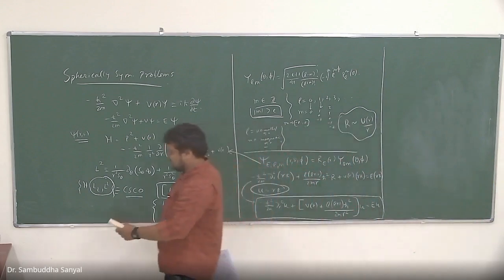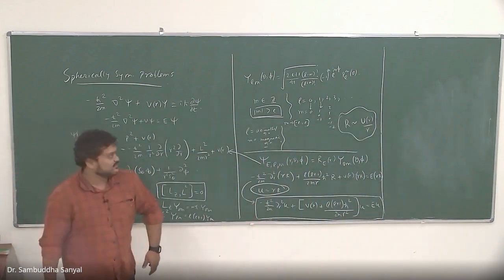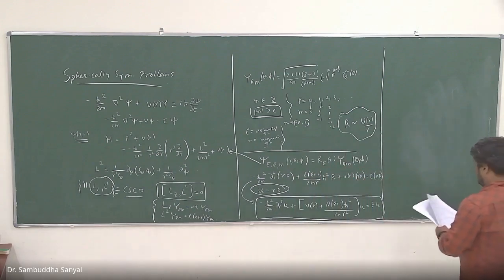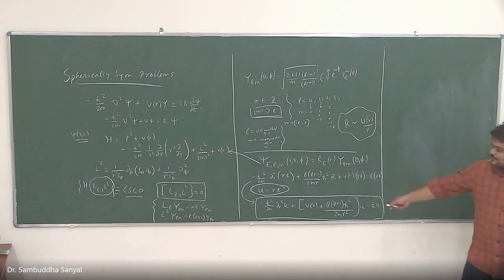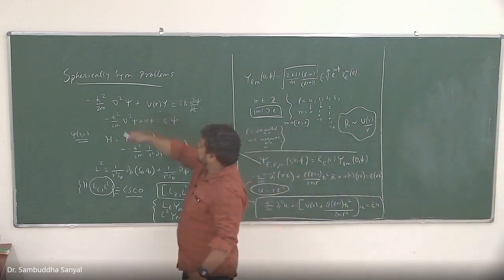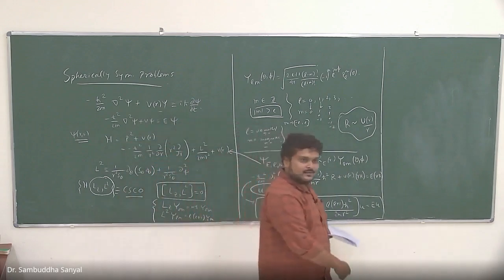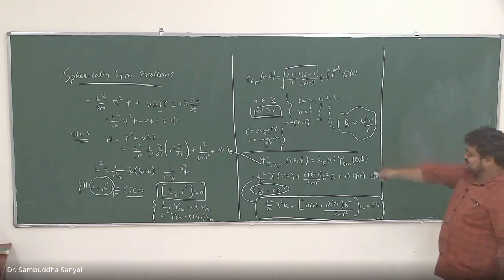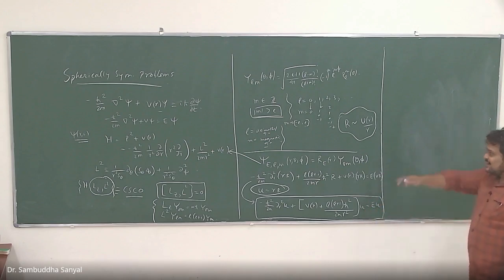Okay, so you should always ask such questions and try to figure them out. They are not always discussed explicitly. So now I have reduced my whole problem into this 1D problem. Since my potential doesn't have a theta phi dependence, this is the only part which varies from problem to problem. If I give you different problems within the spherically symmetric class, all problems that have spherical symmetry, the theta phi part is not going to change. Only this is going to change. So no matter how complicated it is, you have to solve one equation.